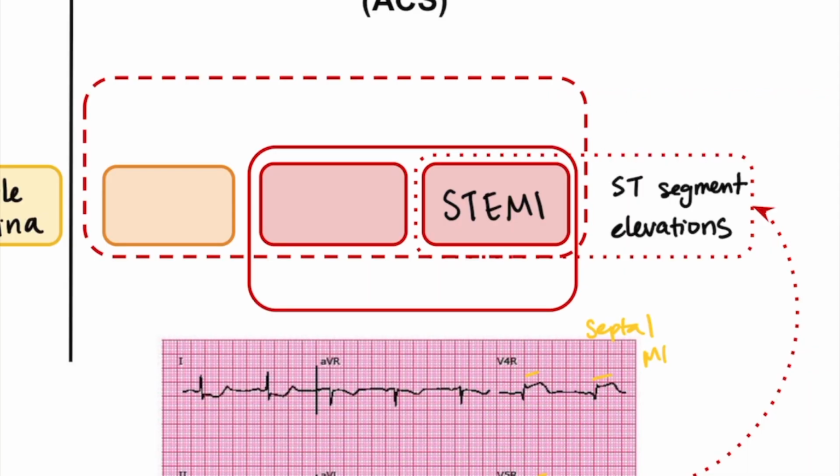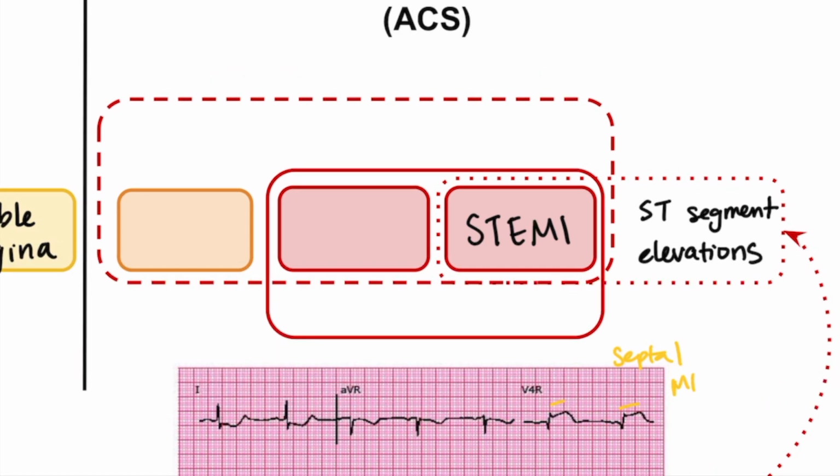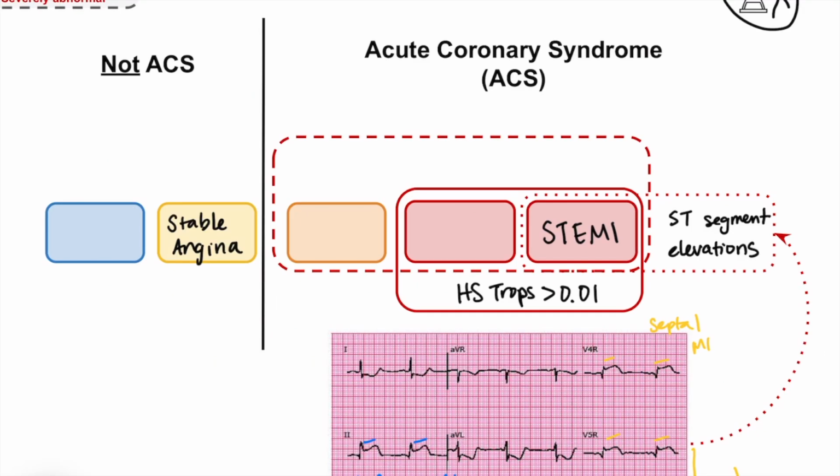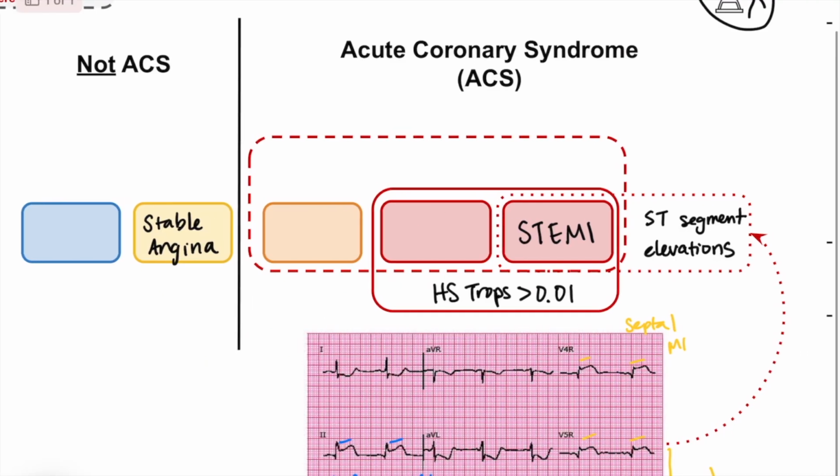An elevated troponin. This is the other important criteria that has to be met in order to constitute a STEMI. So here would be our high sensitivity troponins, and anything greater than 0.01 constitutes an elevated troponin. Similarly to ST segment elevations, troponins can be elevated due to reasons besides MI, which is why the criteria that must be met for MI